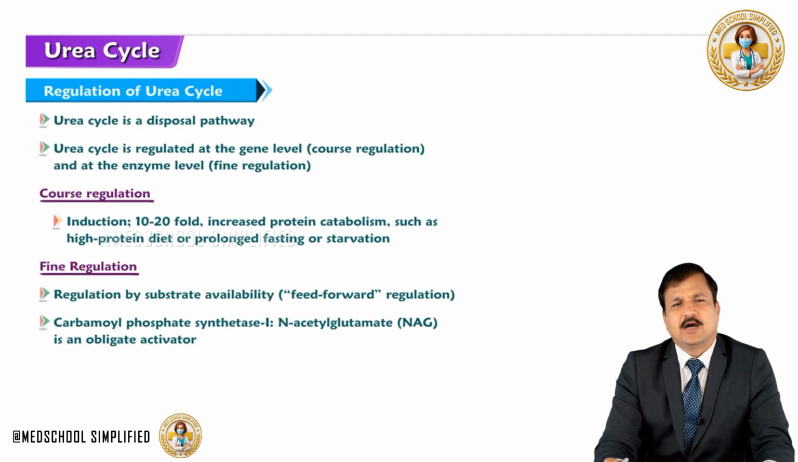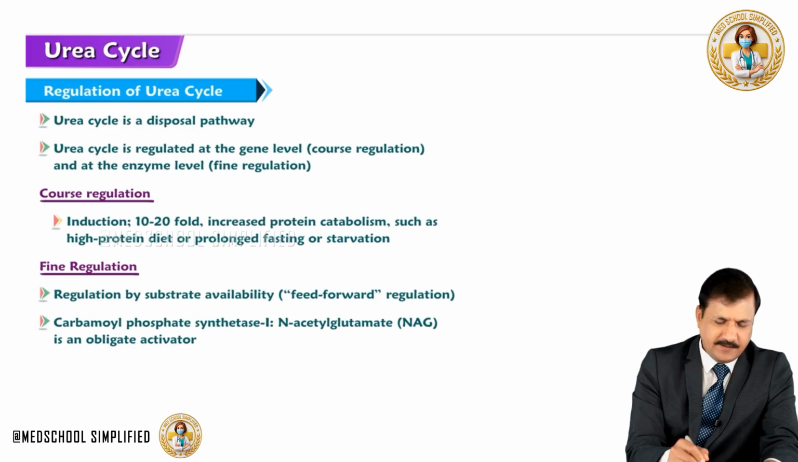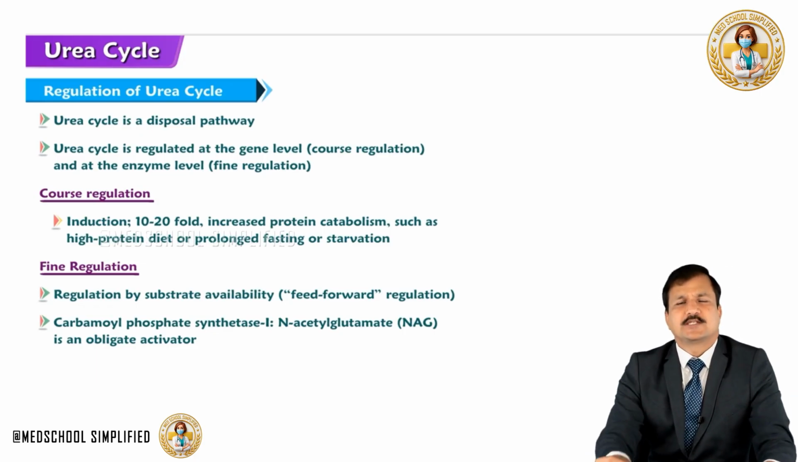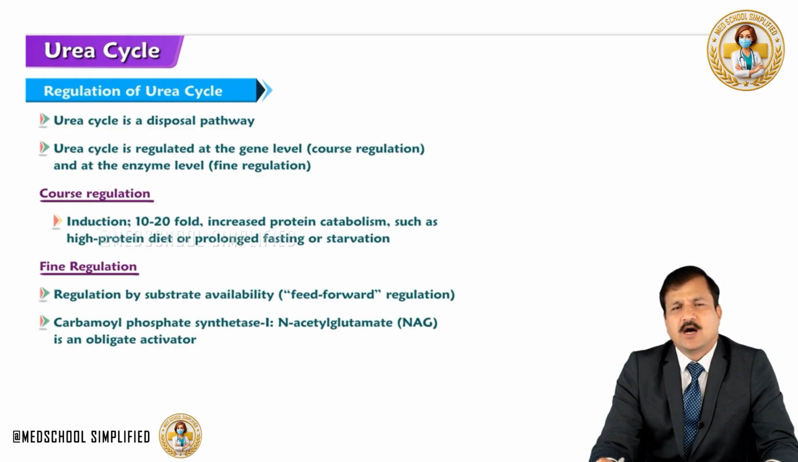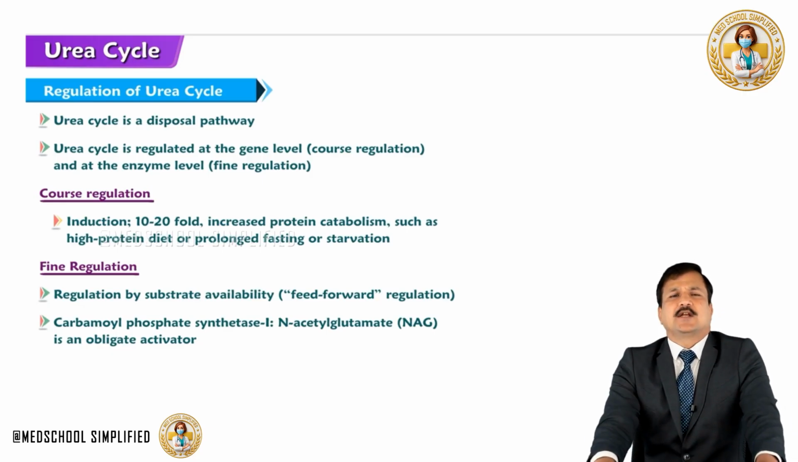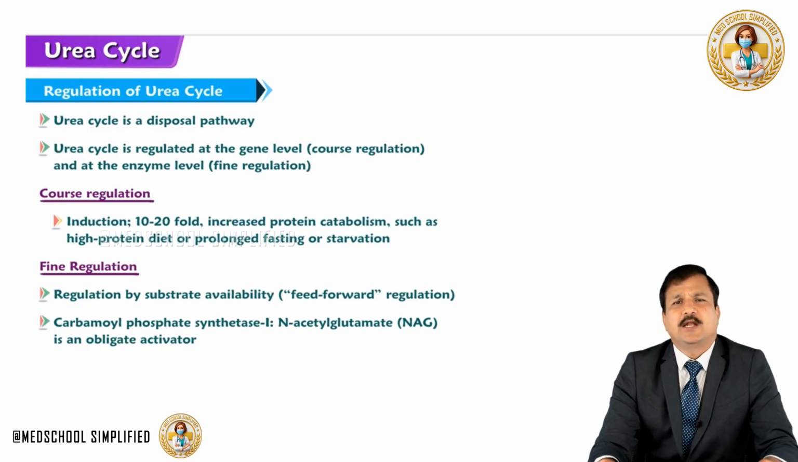Now let's move on to see the regulation of the urea cycle. So the urea cycle is a disposal pathway, meaning the urea cycle is meant to excrete nitrogen out of our body, especially the ammonium ion, in the form of urea. So as with any other disposal pathway, the availability of substrate is the one that will induce the urea cycle enzymes. So the substrate availability increases the activity of urea cycle enzymes, and also urea cycle enzymes can be regulated